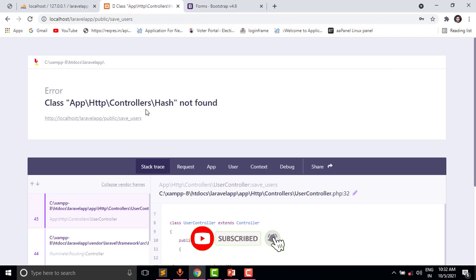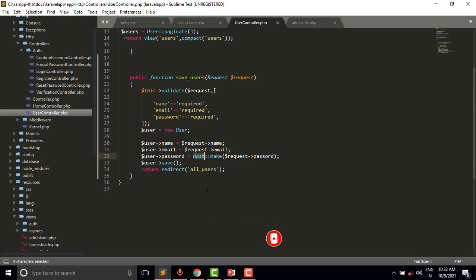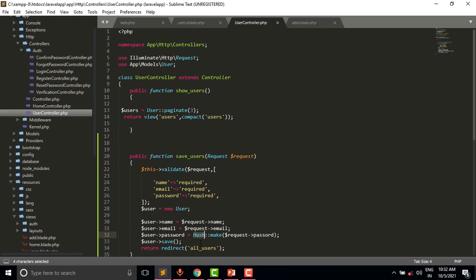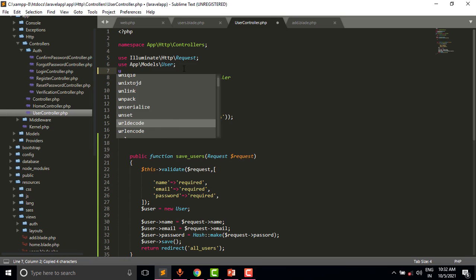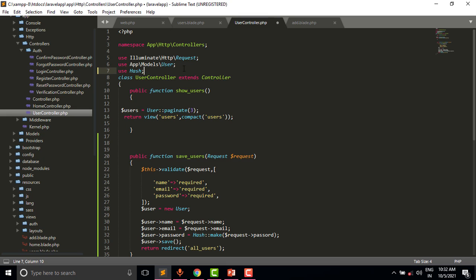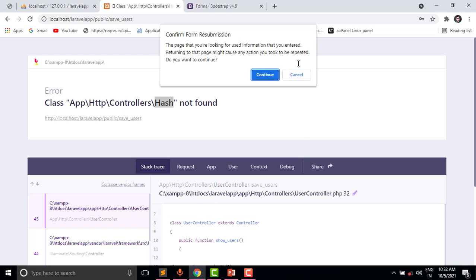Now it will throw the error hash, because we have used the hash in this controller and we have not imported the hash in this controller. So we will use the hash. Now again refresh this page.